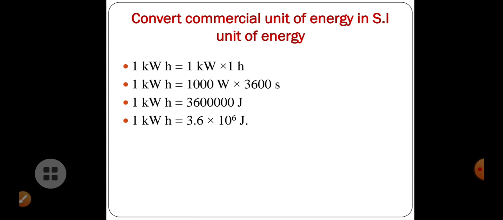So let us convert it. 1 kilowatt hour is equal to 1 kilowatt, meaning energy is equal to power into time. So energy is 1 kilowatt hour, power is 1 kilowatt and time is 1 hour. So 1 kilowatt hour is equal to 1 kilowatt. 1 kilowatt can be written in SI system as 1000 watt, and 1 hour can be written as 3600 seconds. Now we will multiply it and we get 3, 6 and then 1, 2, 3, 4, 5 zeros